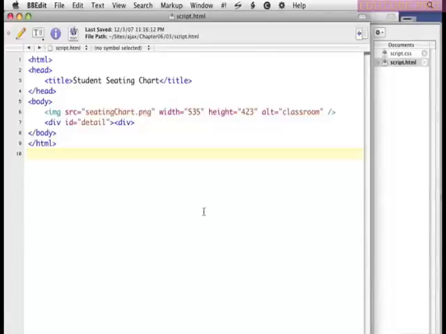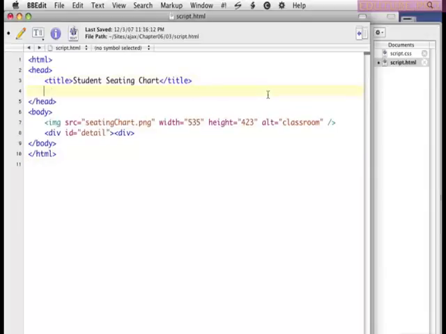In this lesson, we're going to look at adding enough CSS to get started with our student seating chart. The first thing that we're going to have to do is add a CSS link to our HTML. If you're following along with the exercise files, we are in AJAX/chapter06/03/script.html. So by now you should know how to do this, but it's link href equals script.css, rel equals style